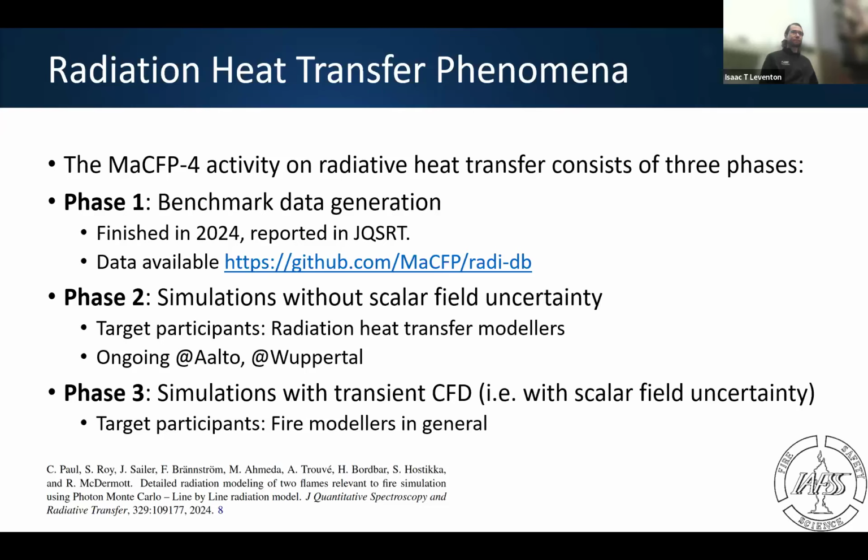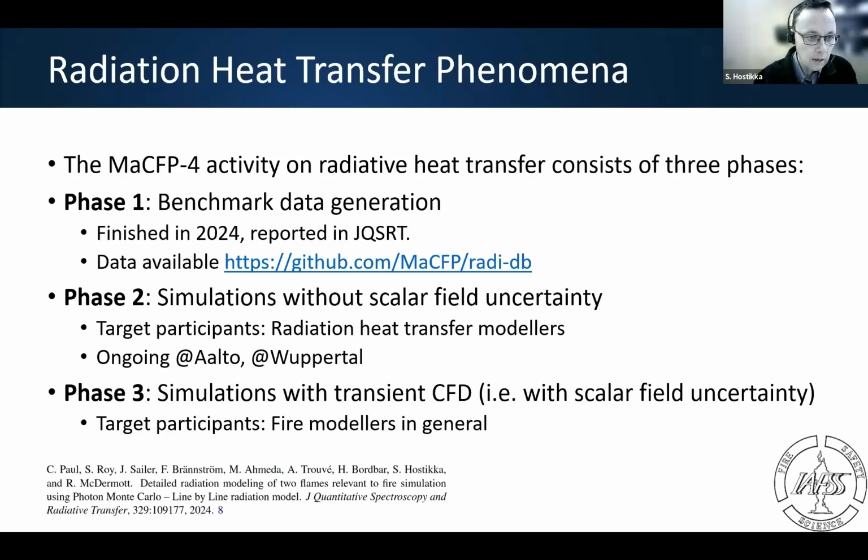Okay, good. Yes, so hello everyone. My name is Simo Hostikka. I come from Aalto University in Finland, and this radiation heat transfer subgroup was introduced in the last symposium in Tsukuba, and ever since, with a group of researchers who have registered or told us they are interested in this topic, we have met about once a month to take this activity forward. I think my co-chair Fabian Brandström is here in the meeting as well.